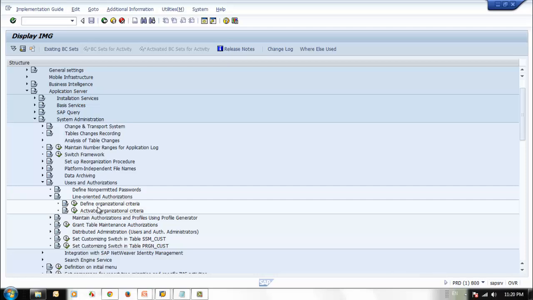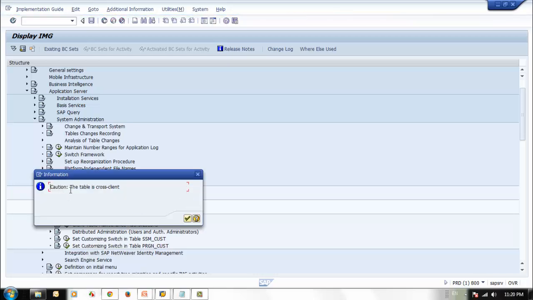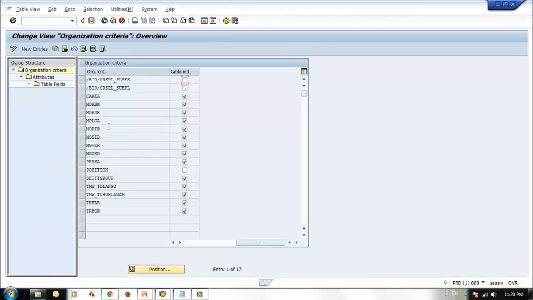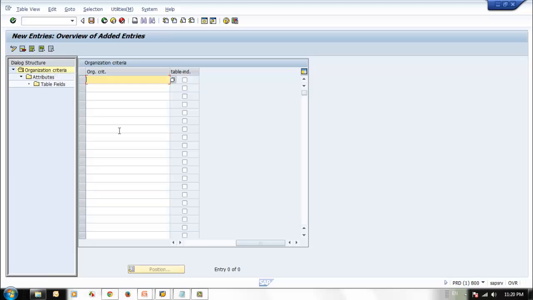Here you have two different options. First you define organizational criteria, then you need to activate this organizational criteria. If you click here, again it gives you a caution that it is a cross client customizing. Here you need to activate a new organization criteria. Let's say if you wanted to have a company code, then you say new entry, then you say BUKRS,